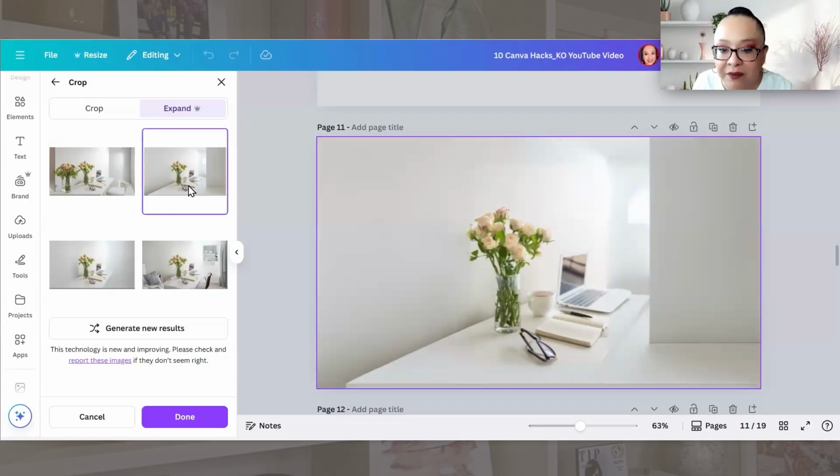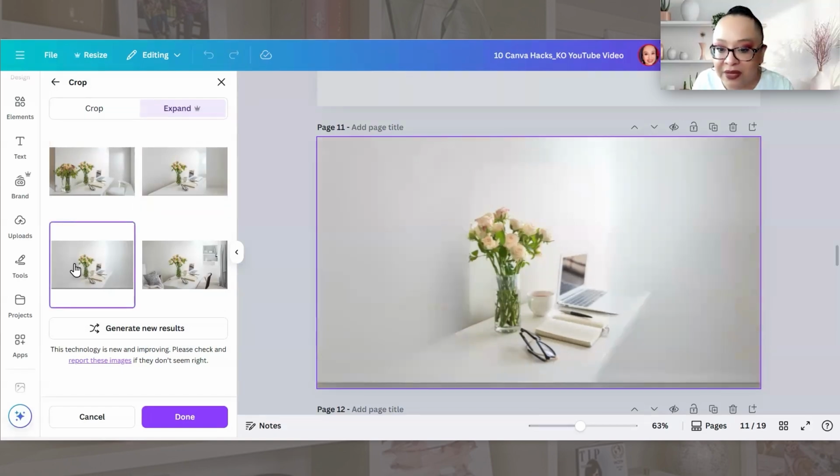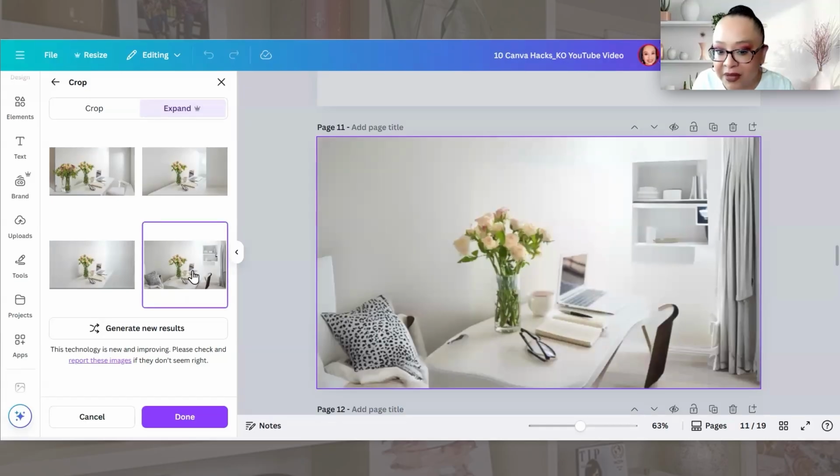So let me go to the second one. This one looks a lot better, even though the wall and the table here look a little weird, but it does look better than the other one. Let's go to this one. This one also seems okay. This one seems a lot better. It looks like the desk, the chair, even though the chair is getting cut off, it looks better. It's getting better, right? So I'm just going to click on Generate New